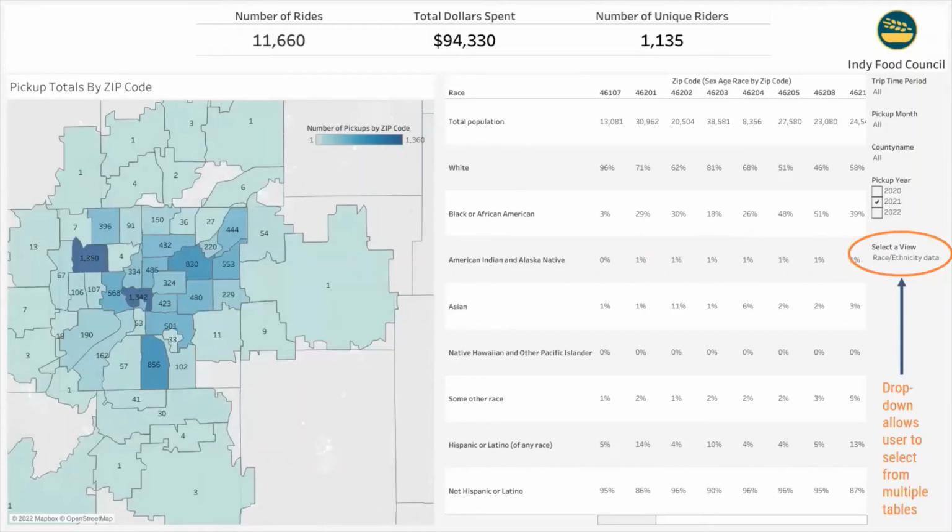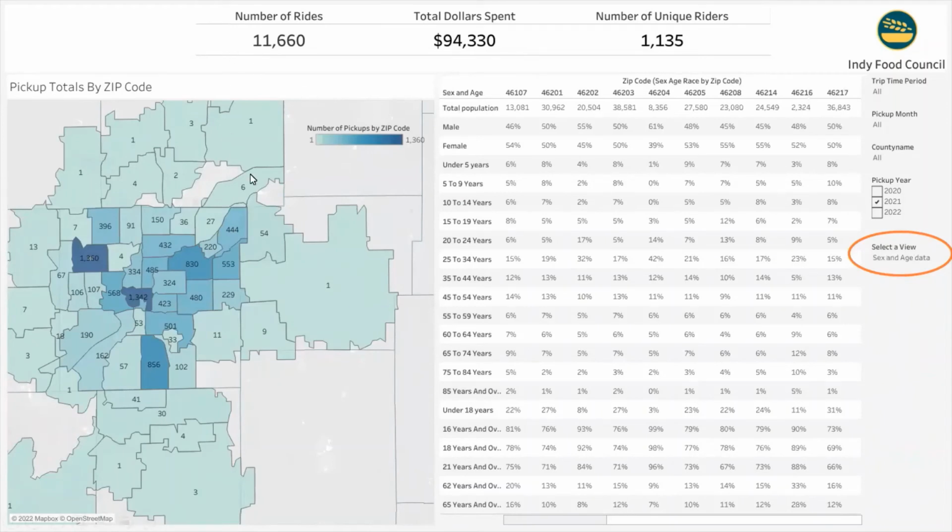Then to add more context to the story, we brought in the demographic and socioeconomic data. We were able to make it simple to display the data from multiple data sets with a single filter. So in this view, you'll see that race ethnicity is selected, and it allowed Milele and her team to understand the race and ethnicity breakdown of the population by specific zip codes. In this view,